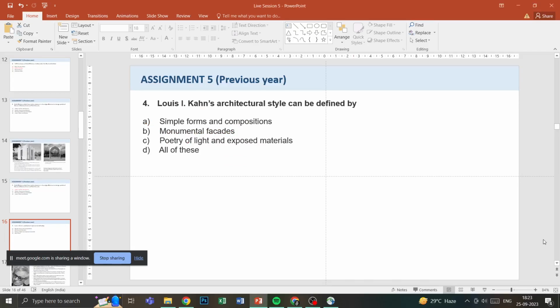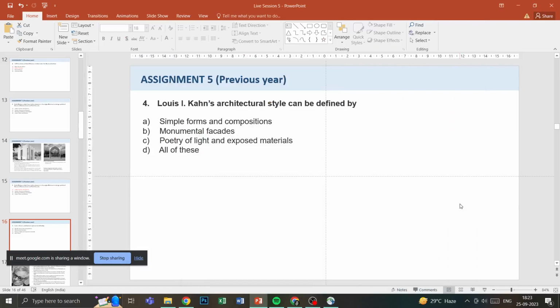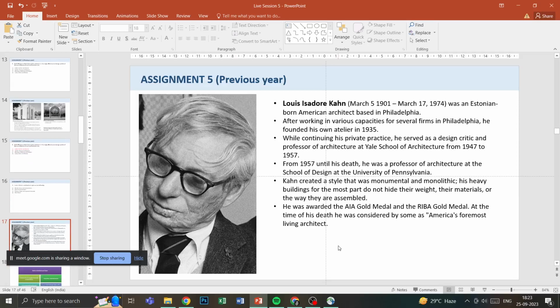Question number 4. Louis I. Kahn's architectural style can be defined by simple forms and compositions, monumental facades, poetry of light and exposed materials, or all of these. So Louis